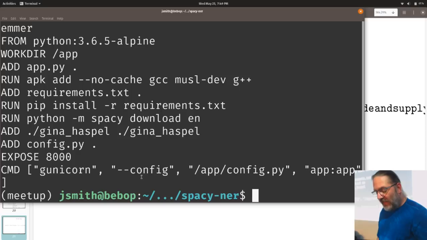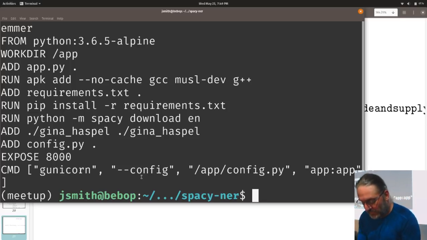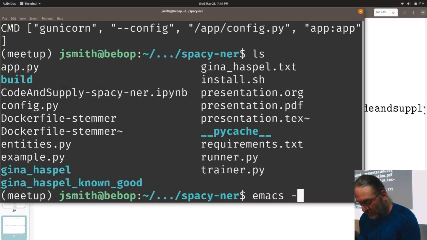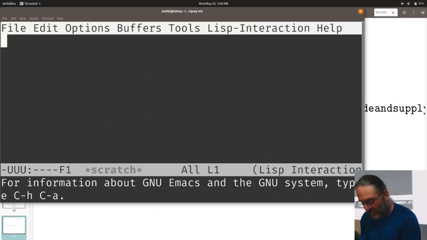And then the command is actually what gets executed when we run this container. This command is gunicorn, using that config and the Flask application that we're about to see here. So if we look at this Flask application,